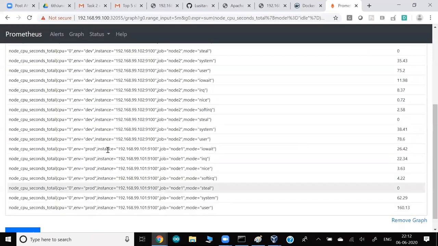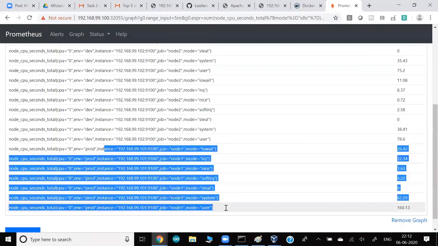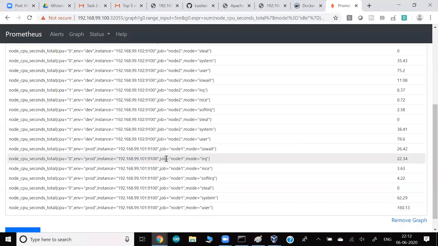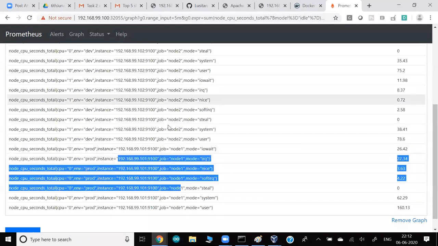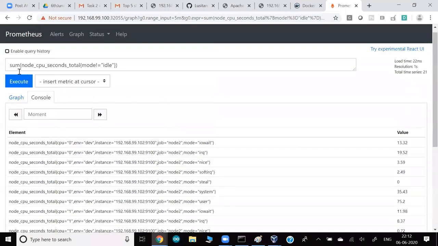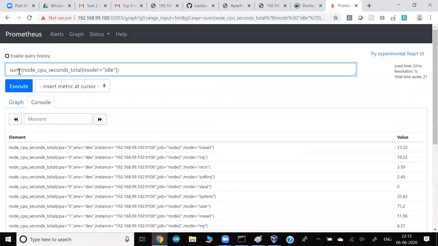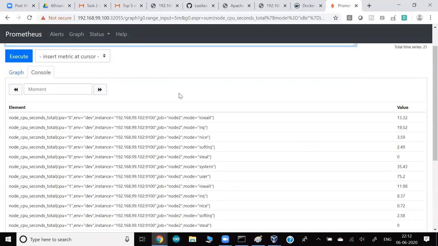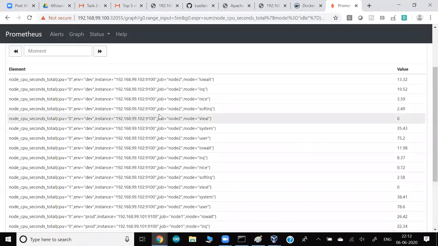So how does this data differ from this data? The only differentiation is job equals node 1. So job is the one key that differentiates this part from this part. So what I'll say is, for my sum, I want you to aggregate by job as a keyword. Means in this data, wherever you see job,